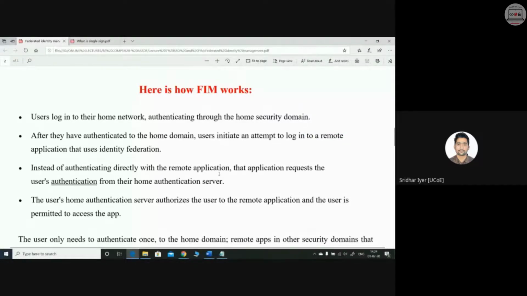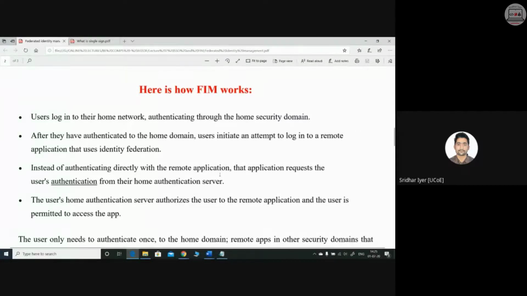You're getting what I'm trying to say. First, I enter into my local machine, I authenticate myself, and after that, whichever website or whichever application is associated with the federated identity management, if I try to access that, it becomes a remote application for me. Correct? So that application might be present anywhere in the world, but I could access that only if that is part of the federated identity management architecture. Otherwise, मुझे वहां पे भी जाके login करना पड़ेगा.